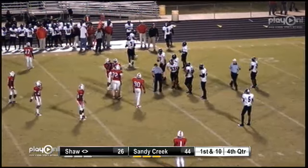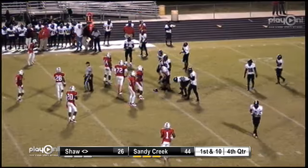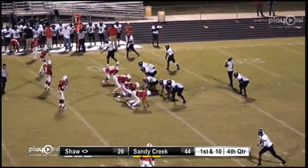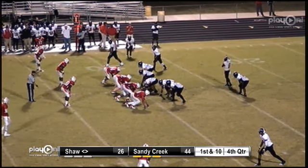I tell you what, you can see the strength of a quarterback when they throw it that hard off their back foot. Finding his receiver, threw it with accuracy. He's now got trips to the right. He's got one to his left. He's under